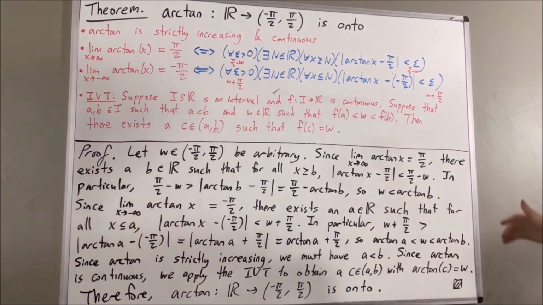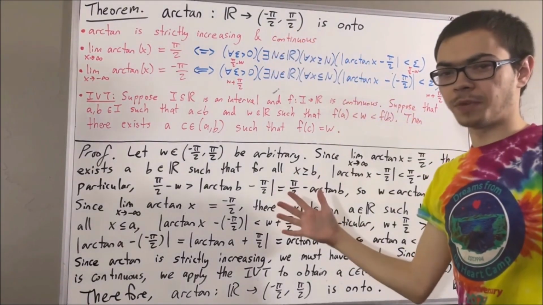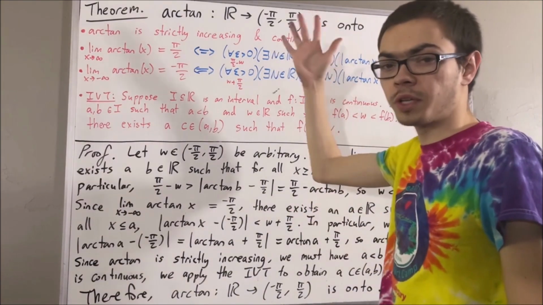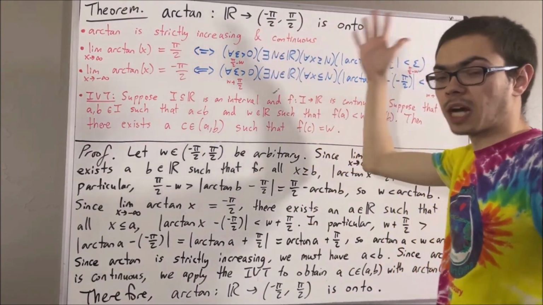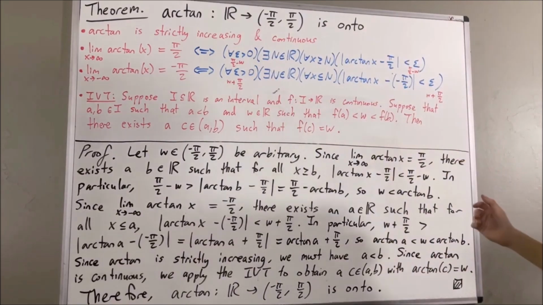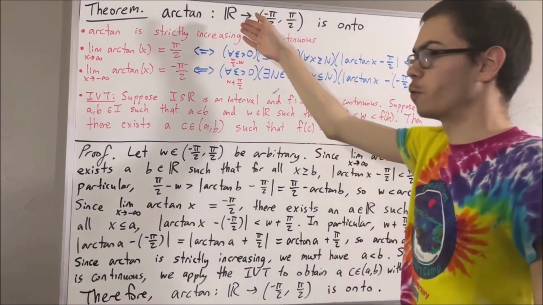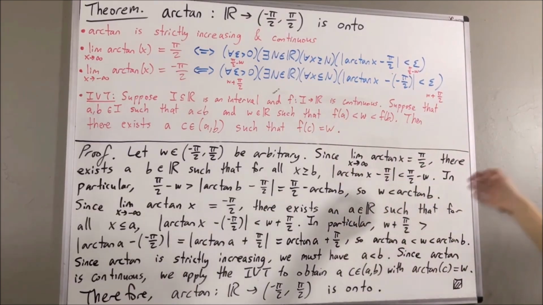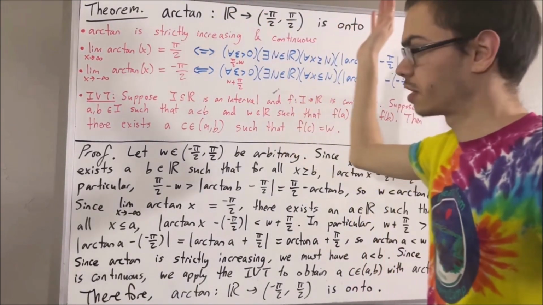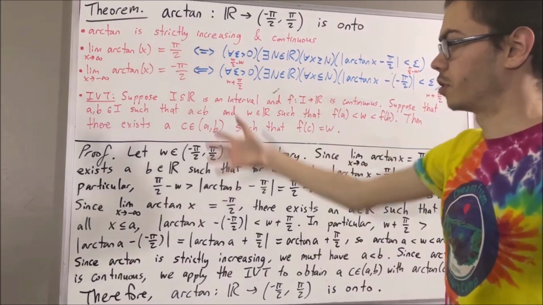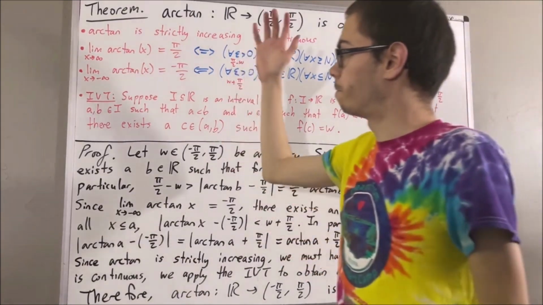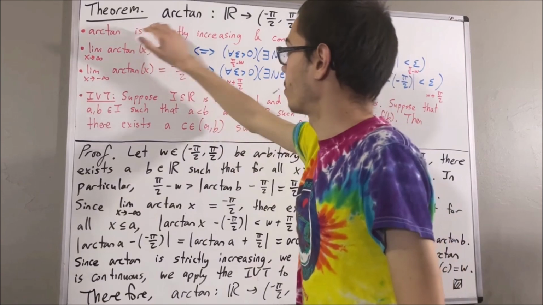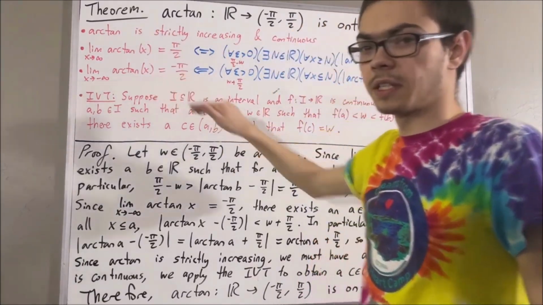Now, this is really similar to the proof that we gave, proving that the real exponential function maps onto the positive real numbers. In fact, in this proof and the proof with the real exponential function, there really isn't anything special about those functions, right? You can generalize this to any function which has properties like these.